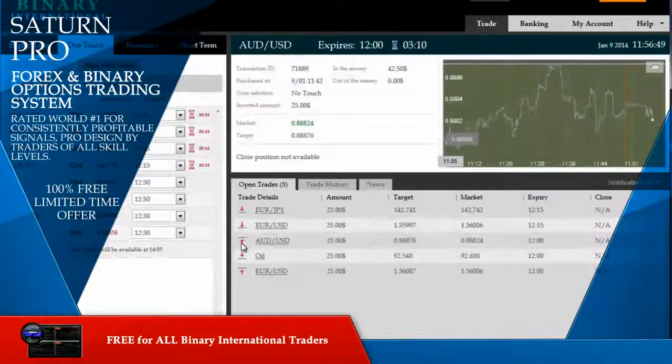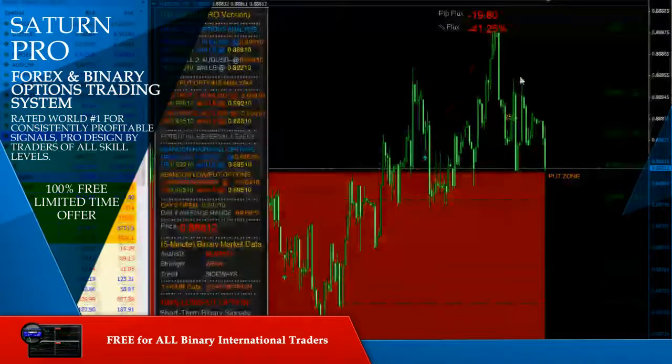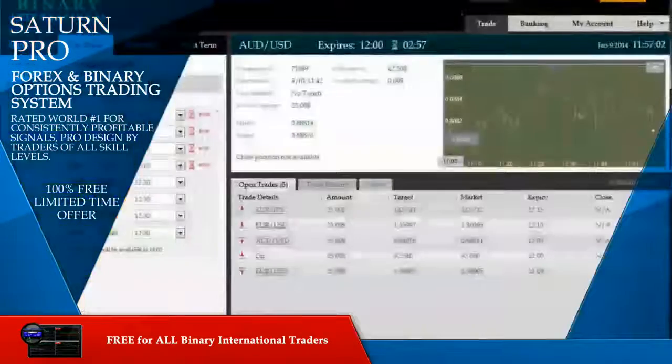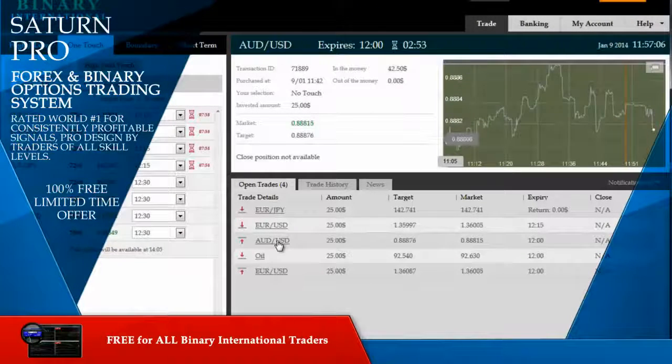No touch, when the arrow is pointing upwards with a little break in the middle between the line, means that the higher target of 0.88876 is not going to be touched, since ITM Saturn is saying that we will be going short. Taking that into consideration, we've taken an option on the no-touch platform and executed this trade, which, as you can see, is still in the money and has 2 minutes and 48 seconds left to expire